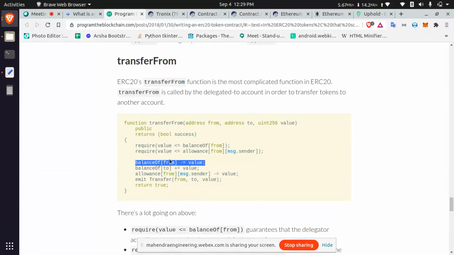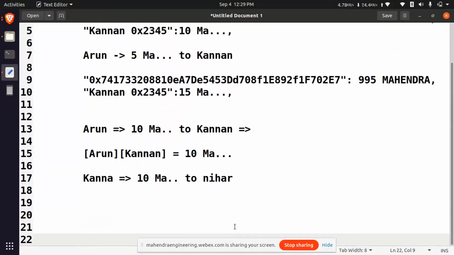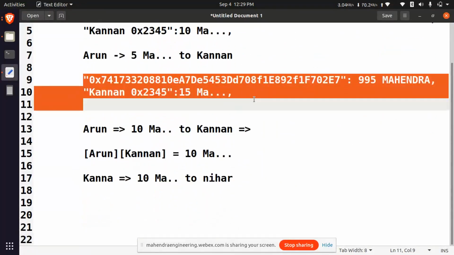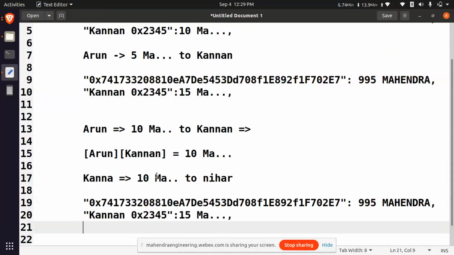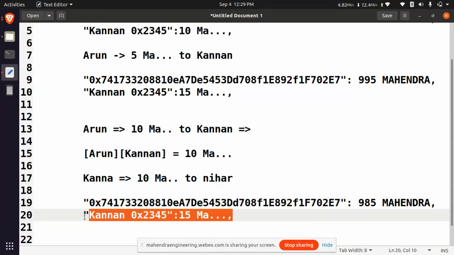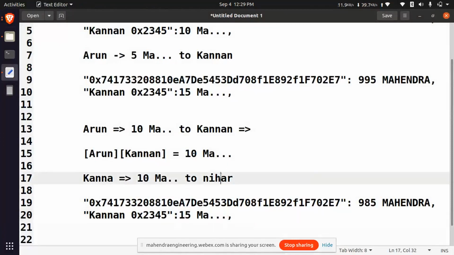Then balanceOf, we need to reduce that amount in my wallet, Arun's wallet. I am going to reduce 10, so 10 less means 85. Kannan sir's account will be the same, because he is reducing from my account. And then the balance is added to Nihar. Nihar does not have any balance, so he is getting a new balance.